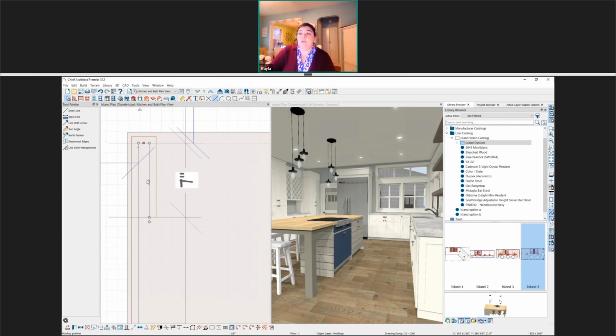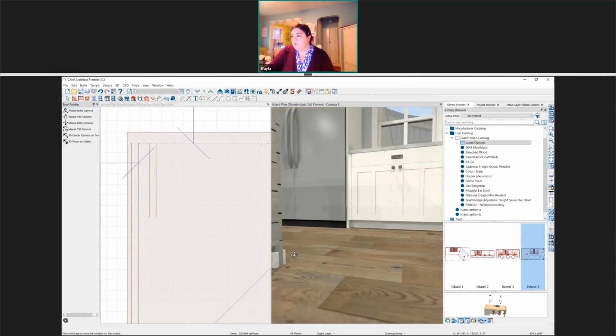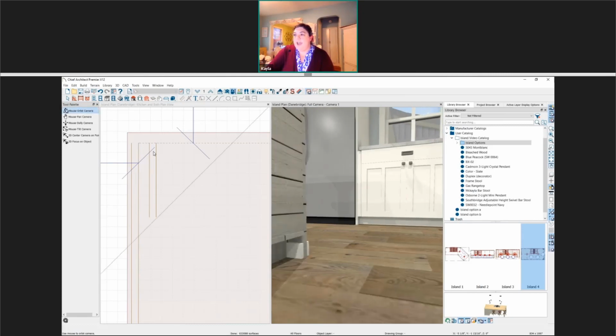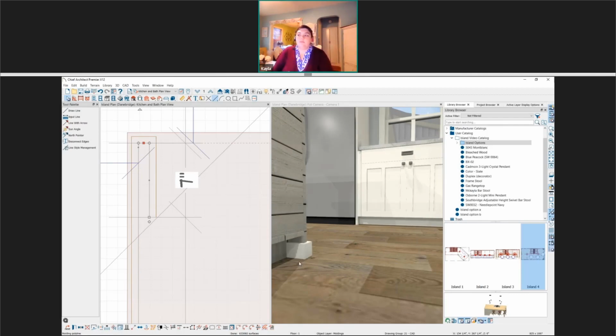If there is a particular line, like if for some reason we wanted it inside the toe kick, but not right here, you can always remove from one line at a time as well. So down in the edit toolbar, remove molding from selected edge. If we zoom in here, this is what we have. So if I add that back in, select the edge, add a molding back in. It's wrapping around. Okay, good.